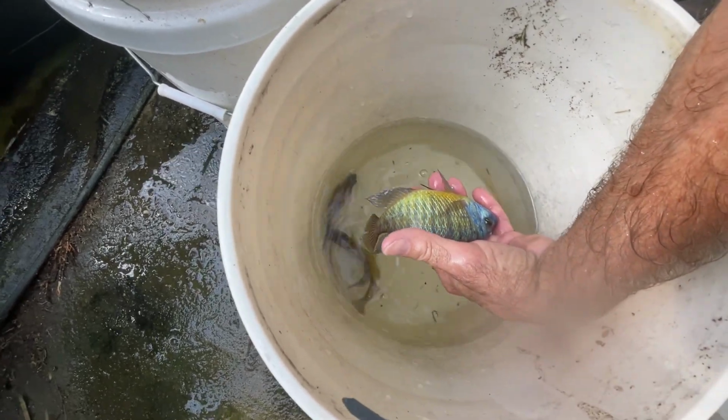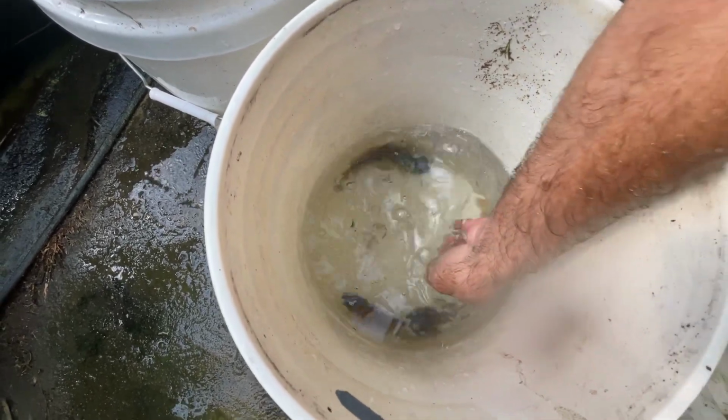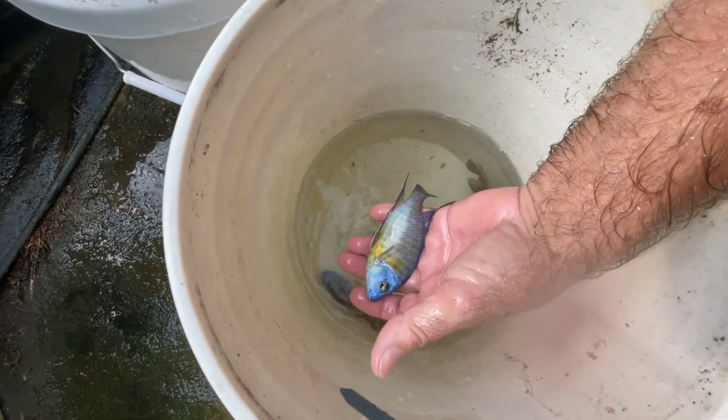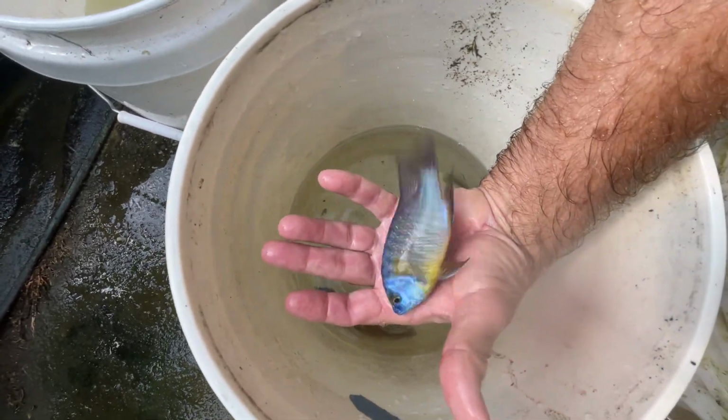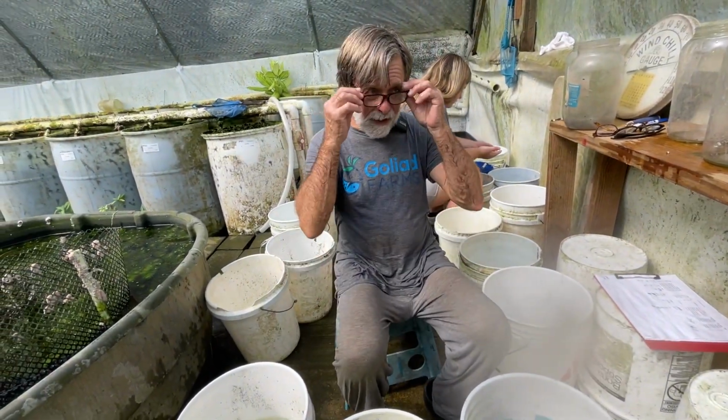That male, he's not quite as striped as I'd like, but you watch, see his striping is deepening. That's his stripe pattern. And this is a youngster that I think is going to be good. I like his shape and his fins. So I'm going to keep those three as breeders. But what do you do when,